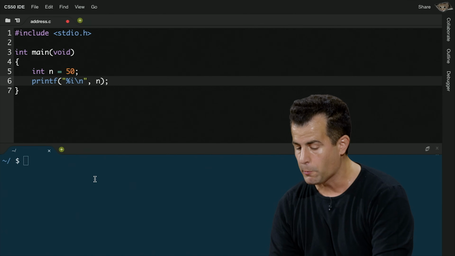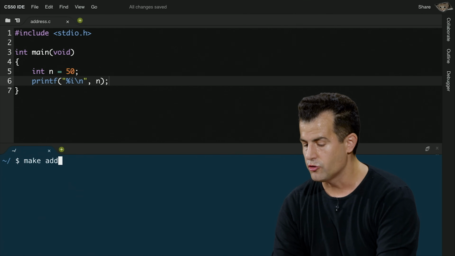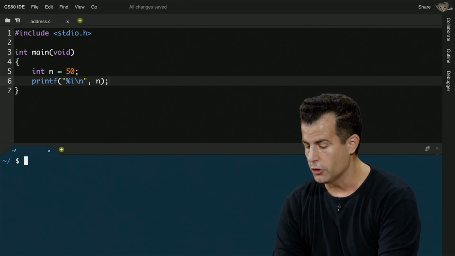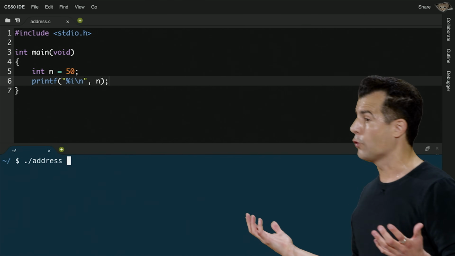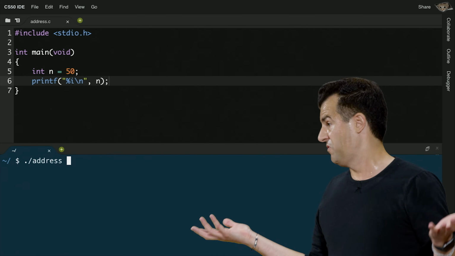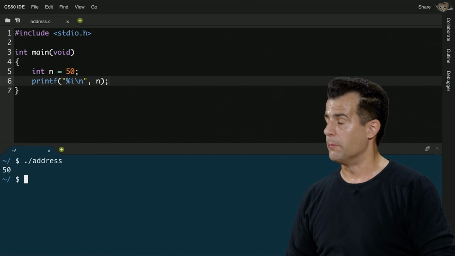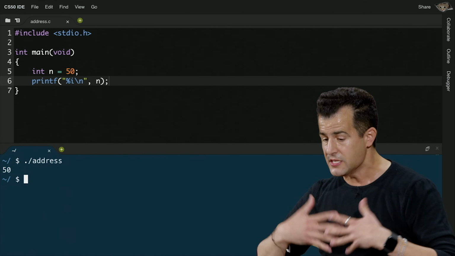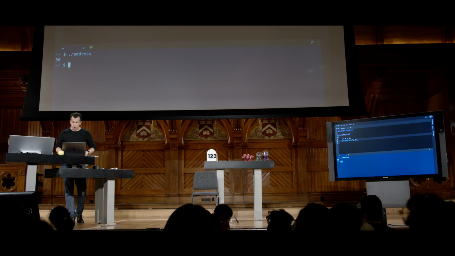So this, too, is sort of week 1 stuff, whereby when I run this program now, after saving it, make address, seems to compile OK, ./address, I should see, of course, 50, right? Just the number 50 in that variable. All right, so you're probably comfortable with these kinds of exercises thus far, but it turns out that we can